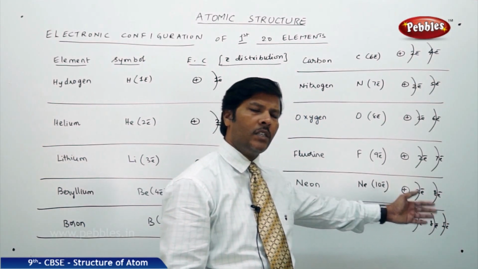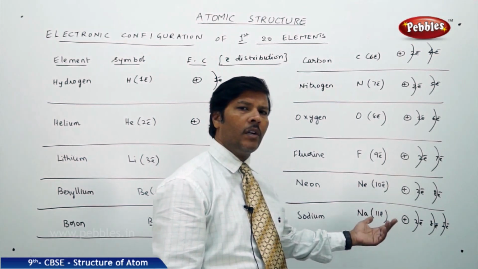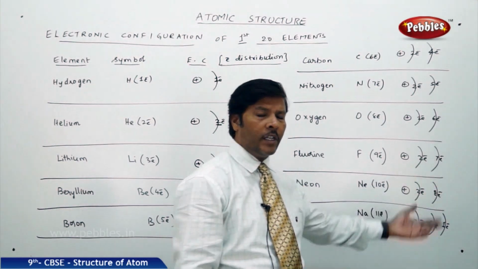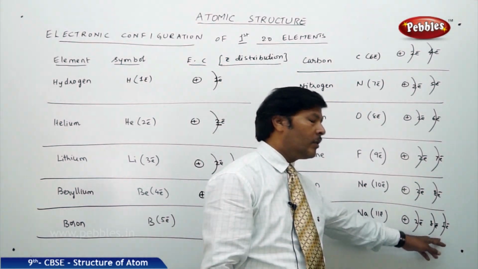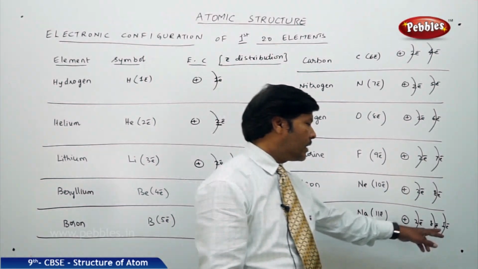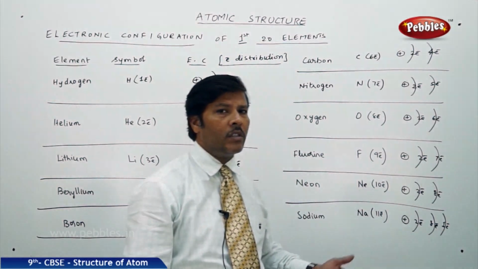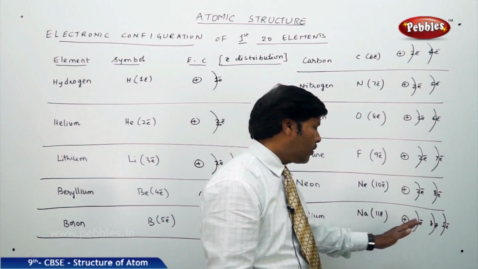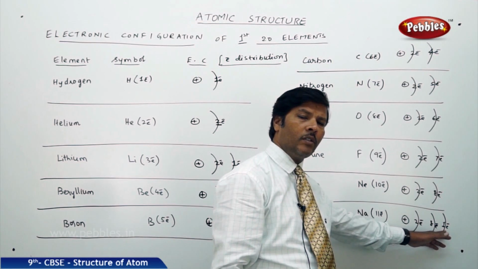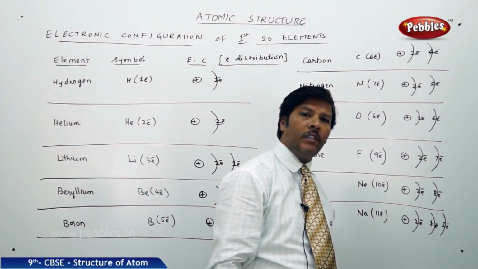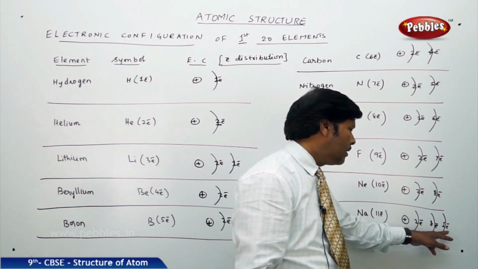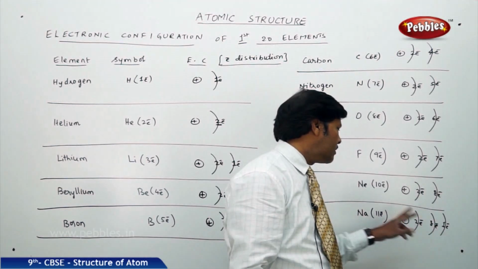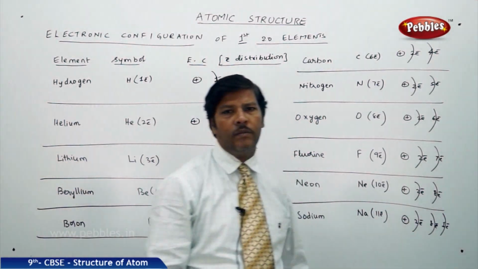So the next electron, that is the differentiating electron, the last electron of sodium, has to forcibly enter into the next shell. The actual capacity of the third orbit is 18 electrons, but out of 18 it has utilized only 1 electron, so still 17 electrons can be filled in the third shell. But as of now, because sodium has only 11 electrons, only 1 electron goes into the third orbit, because that is going to be the 11th electron. So the 11th electron is accommodated in the third orbit of sodium. And don't forget that unlike neon, sodium has 3 shells, whereas neon has only 2 shells.